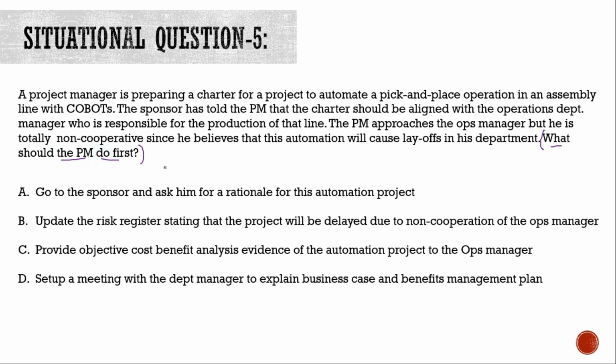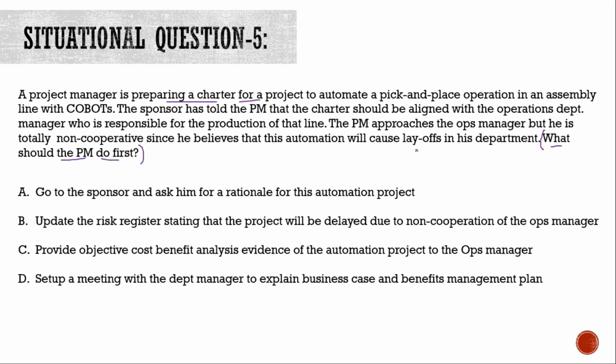Okay. We move on to step 3, which is to identify which knowledge area or process group we are in. Now, if you read the question, the project manager is preparing a charter. So we are mostly in the initiation stage of the project, because the charter is made in the initiation stage. With that identified, we move on to step 4 and try to understand whether we have to recall any of the specific sequences from table number 4.1 or the change management process flowchart or the ITTOs. But if you read this question, it does not hint to any of those sequences.